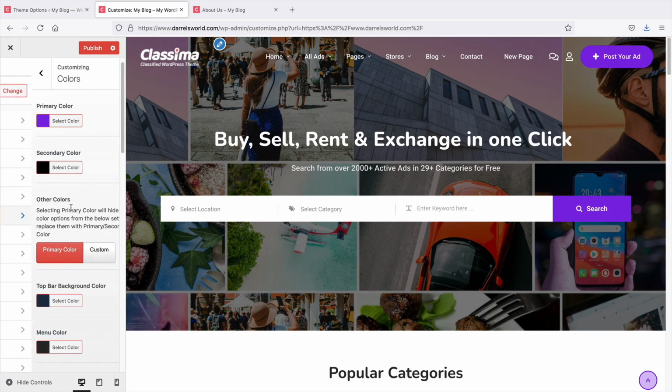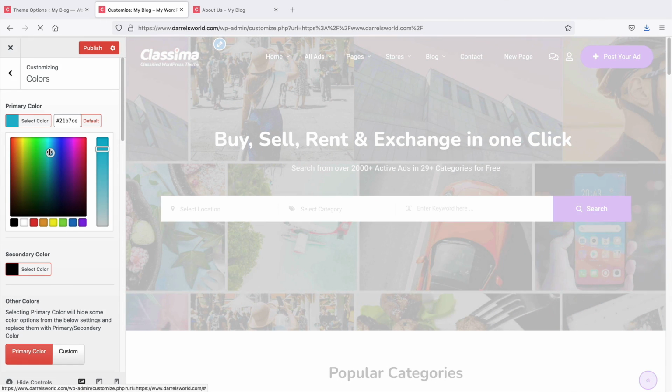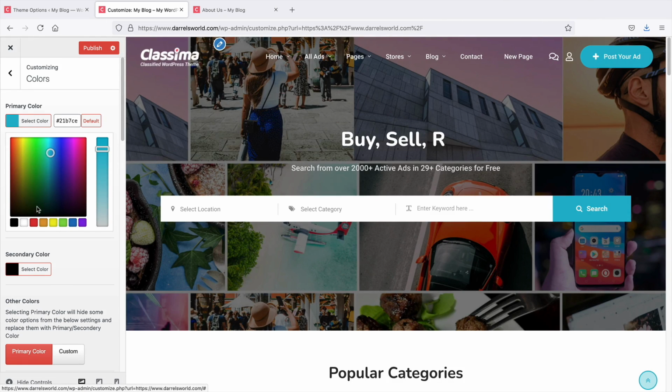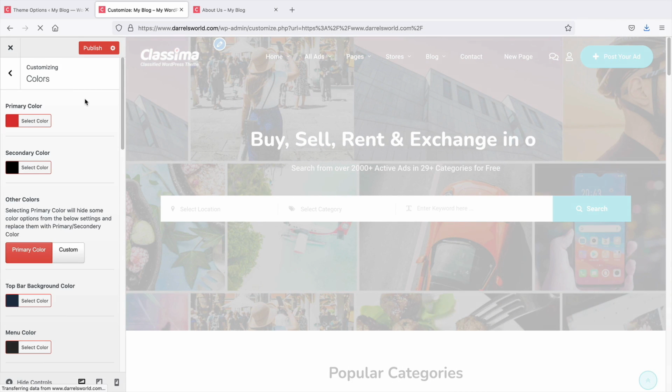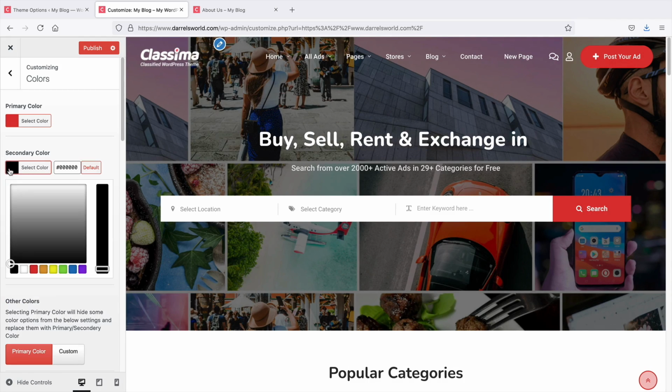But should we leave that color? I don't know. Let me know what you guys think about the purple color in the description. I do like this color. I just feel like it's majestic. But, it's a classified ads website, Darrel. We need the bright colors because bright encourages clicking. It encourages people to engage. So maybe we'll just stick to red, and we'll do red on